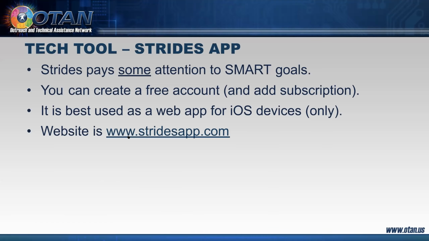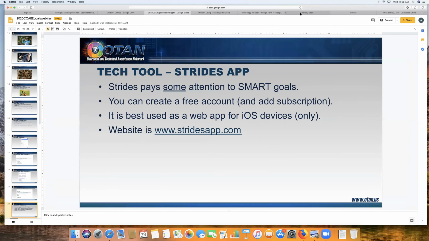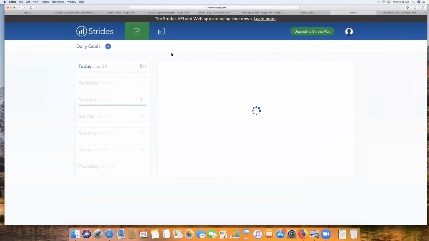The starting point is www.stridesapp.com. Let me just show you what this looks like. So again, I'm in the Strides app. I'm on the desktop version, but it really works better on mobile devices. It's a lot more robust on mobile devices. Again, here's that pass the 4 tests of the GED goal that we saw in Life Tick. But if I wanted to create another new goal,